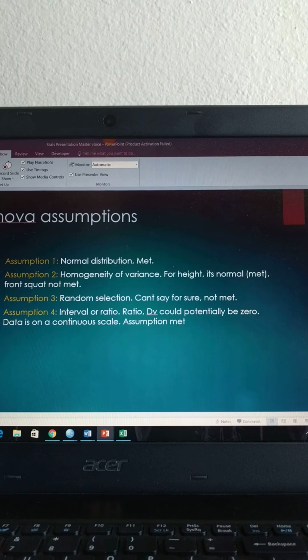Assumption 3, random selection, we can't say for certain how random it was, so we are going to have to not meet this assumption. This is assumption number 4, interval ratio. It was ratio because the dependent variable could potentially be 0. It can't be below 0. So this assumption was met. And overall thoughts of this, I think it was